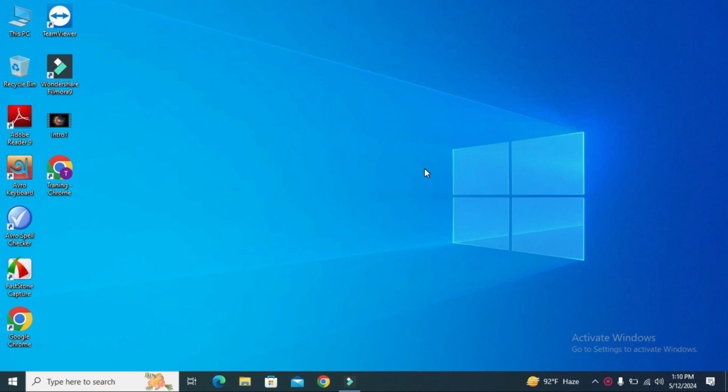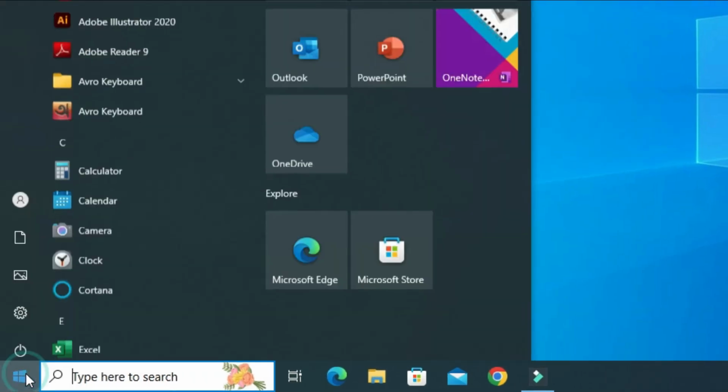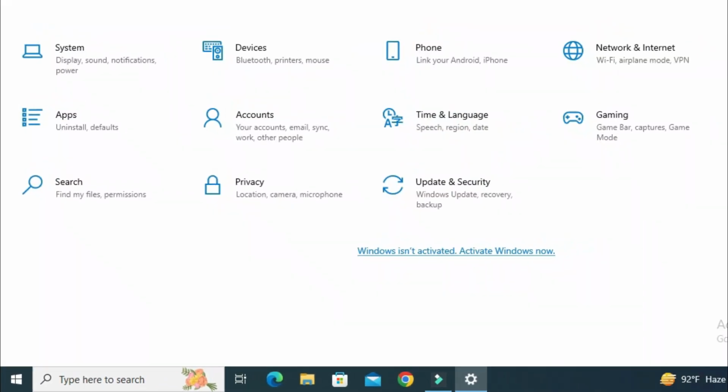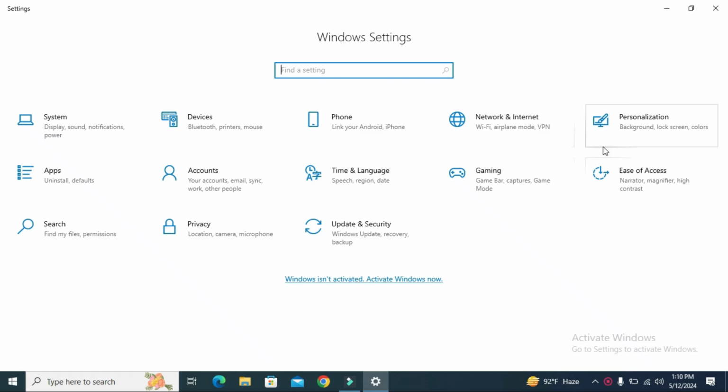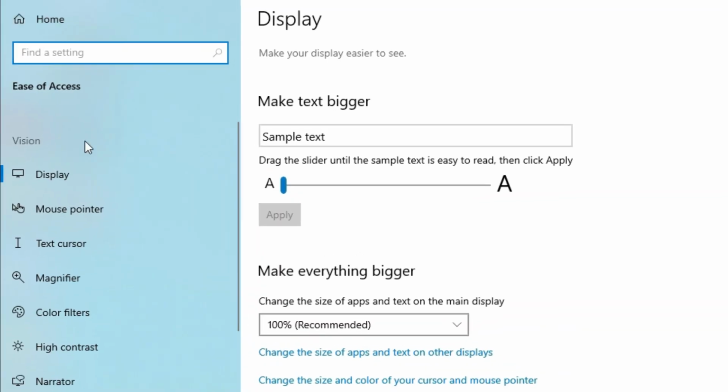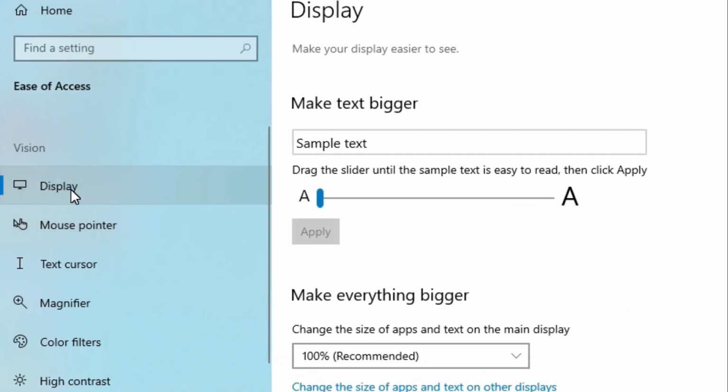To change font size on a Windows 10 computer, click on the Start menu, then click on the Settings icon. In Settings, click on Ease of Access. In the left pane, click on Display, and here under Display you will find Make Text Bigger, and you will find